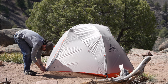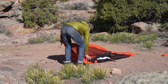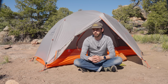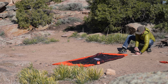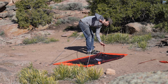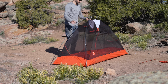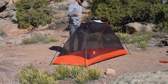All right, so to better understand the Portal 1, the setup will definitely give you a good glimpse. After finding a flat spot, which is certainly not too hard with this one-person tent, as opposed to, say, a 2, 3, or 4 person mid-style tent, you will stake down 4 stakeouts with the built-in pole grommets. Install the pole system into those grommets and then attach the clips installed on the tent body to the tent pole system. Then install that cross pole on the top into those webbing holders, which basically completes the setup